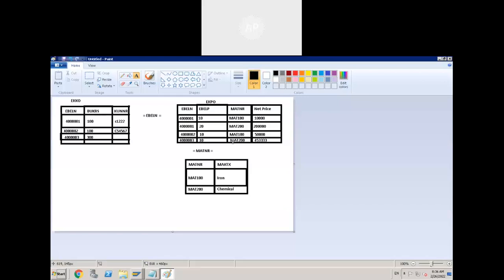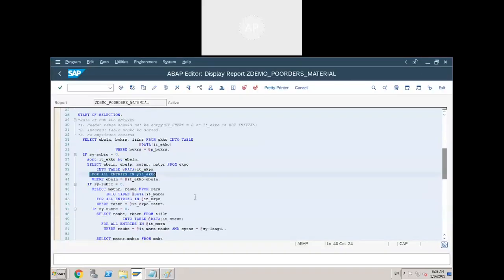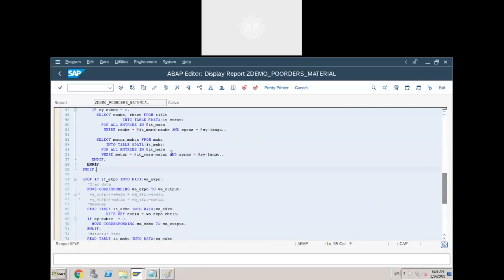Next level, what am I doing? I have some purchase order item data, and in that I have material numbers. The next level I want to select material text for all those material numbers. How can I do that? FOR ALL ENTRIES in EKPO now. Select